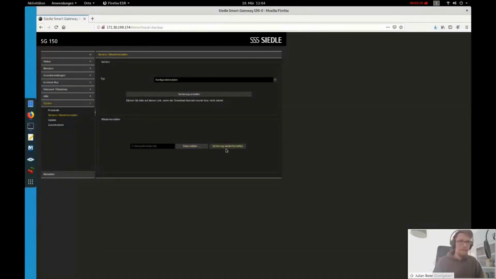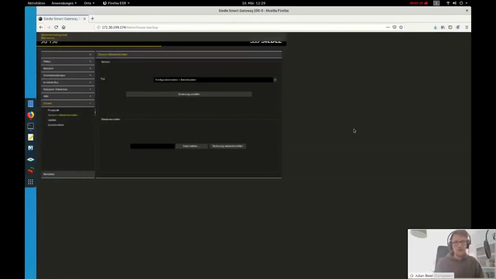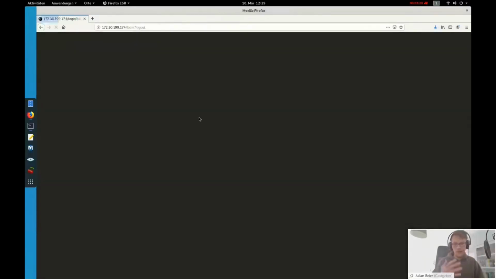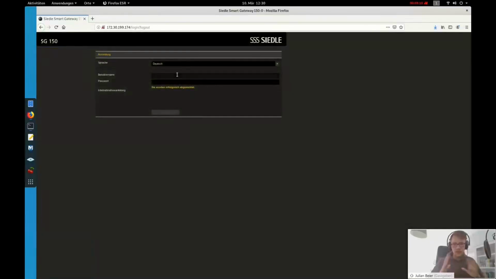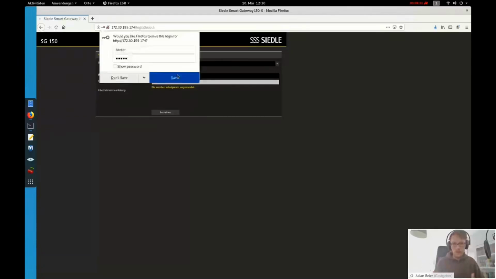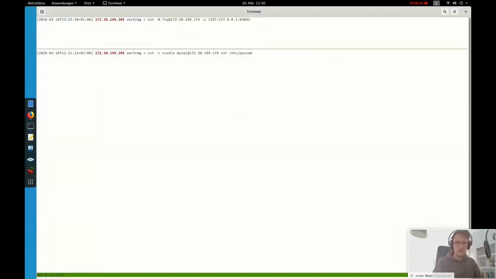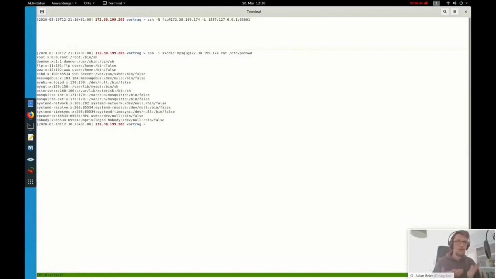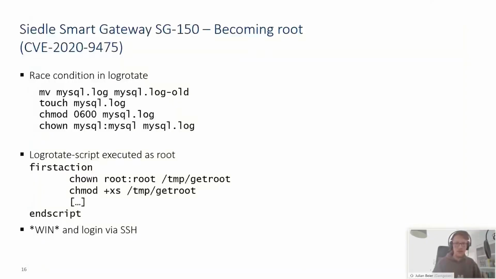Right. So, as I said, the backup will actually restore the entire configuration as it was at the point where we downloaded the configuration backup. So our hacker account is still on there. Right. But we can now execute commands over SSH via the MySQL user, as seen here, which is very convenient. So let's go to the third vulnerability and to the last interesting point of the exploit chain, which is getting root.